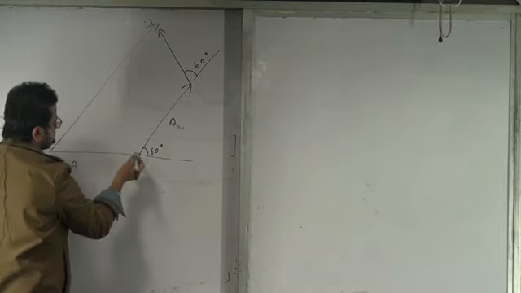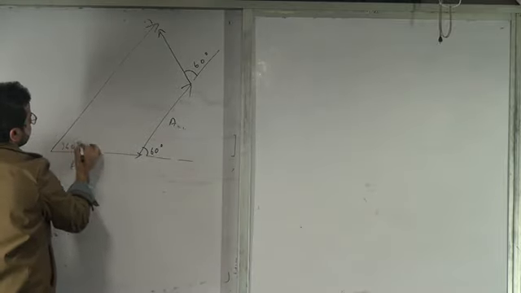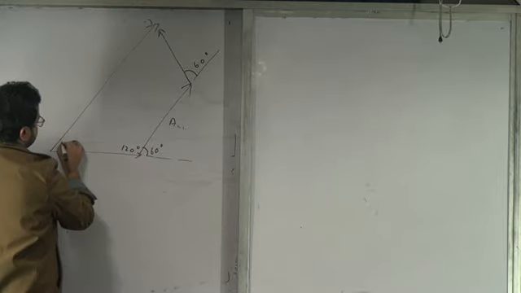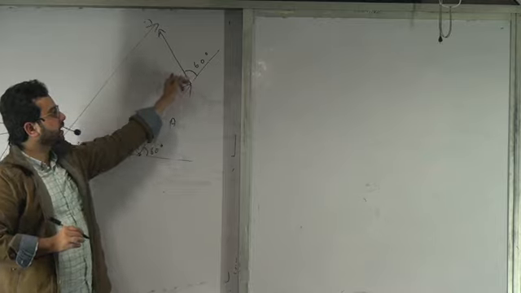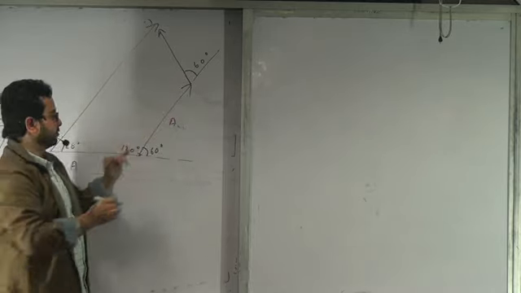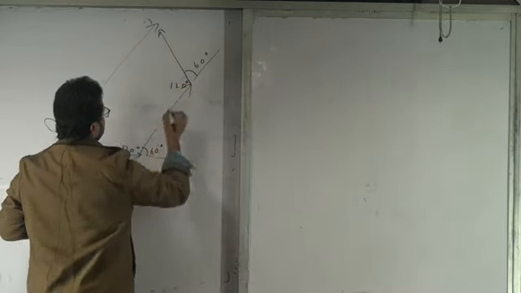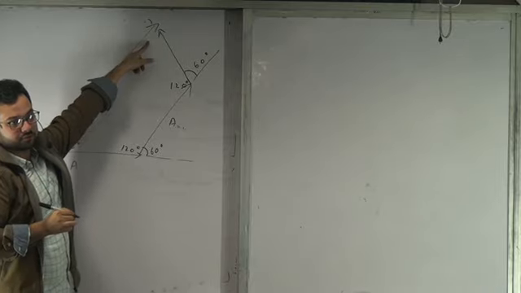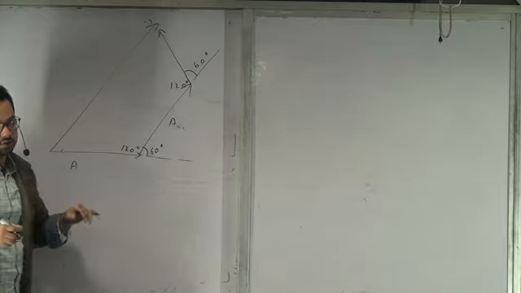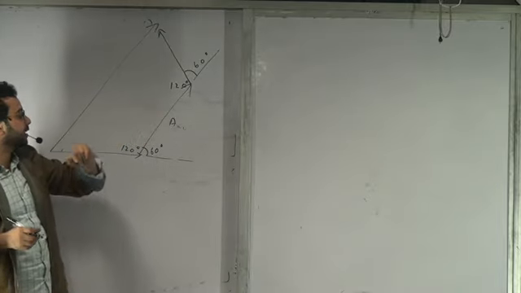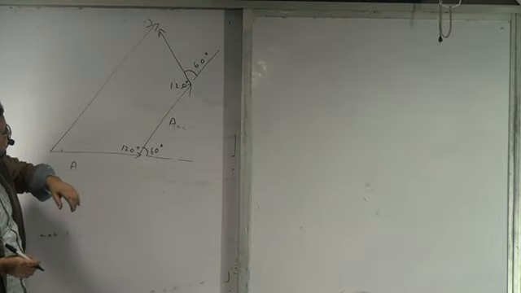This angle is how much? If this is 60, this is 60, and this is 120. Alright, so if this is 60, this angle would be how much? So this is 120, this is 120, and then what we can do is,